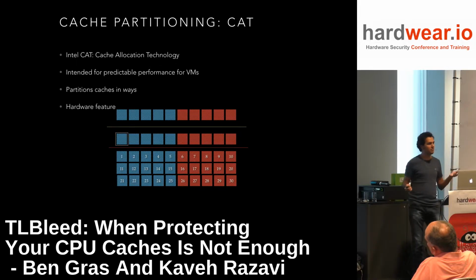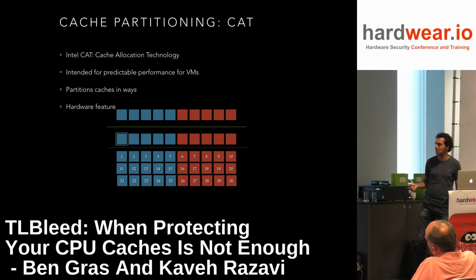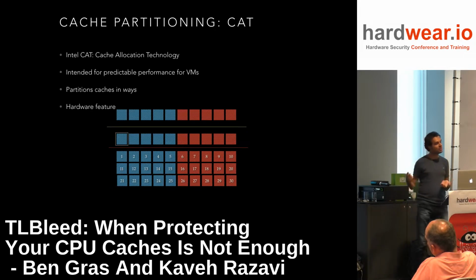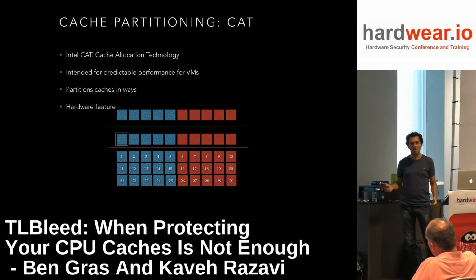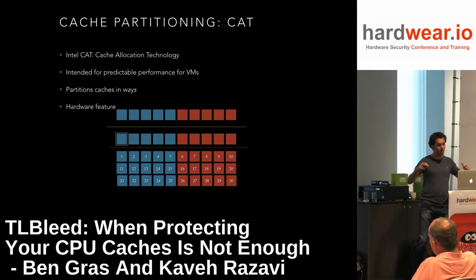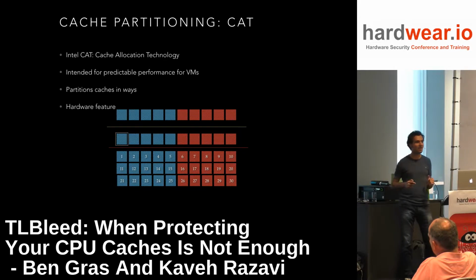For example, if you have a normal L3 cache, it's oftentimes 12 or 16. Now each process could access anywhere in the memory, but the partitioning happens at the way level, so it could only host entries in its own ways of the cache sets. Using this, one process cannot spy on the other. But you can only access a certain limited number of ways, and since you're partitioning your cache in a very coarse way, your performance is also going to be bad. This is also something that you may not want.